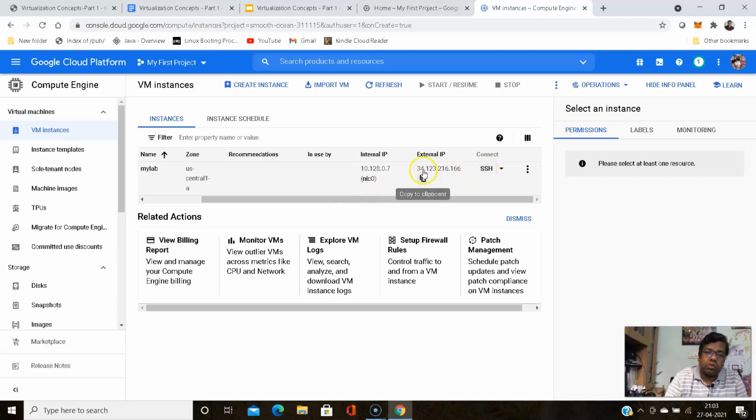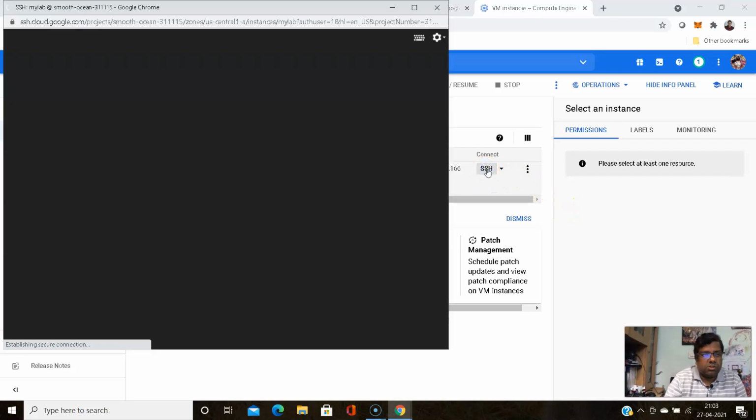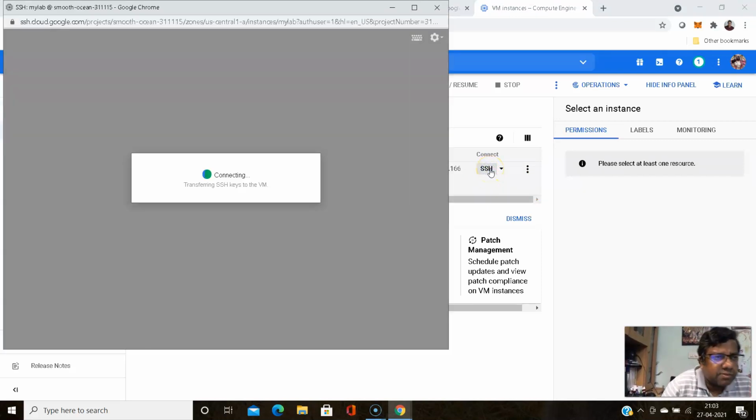You have two ways: copy the IP and connect using any SSH tool from your laptop, or use the web-based shell Google provides. So just connect. It will connect to the terminal of the Linux instance.